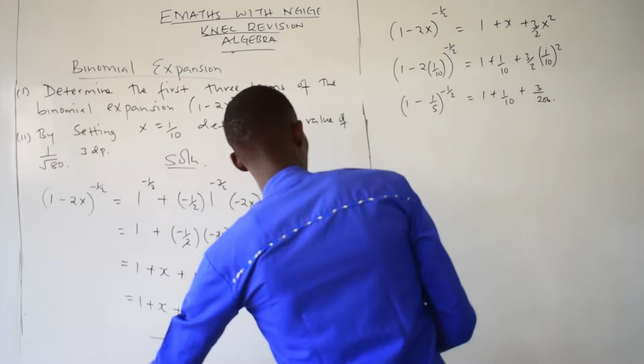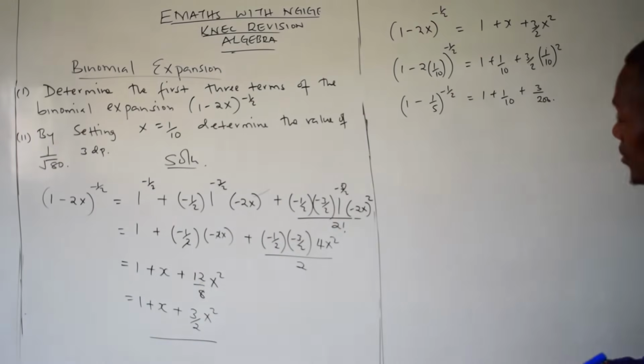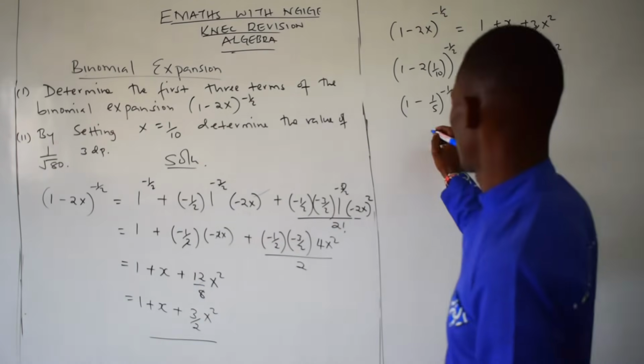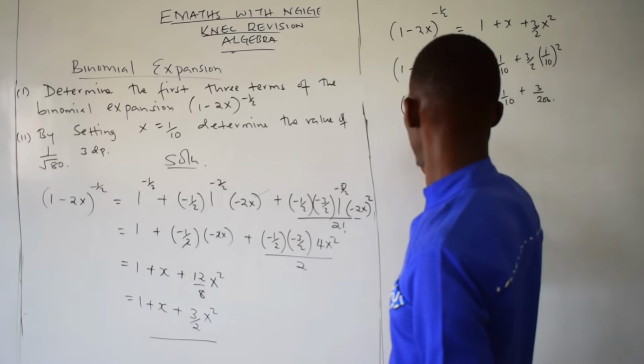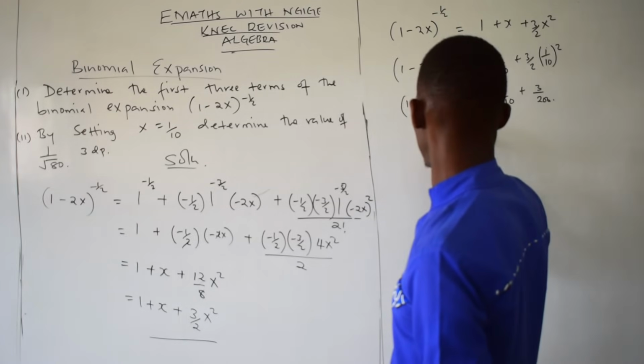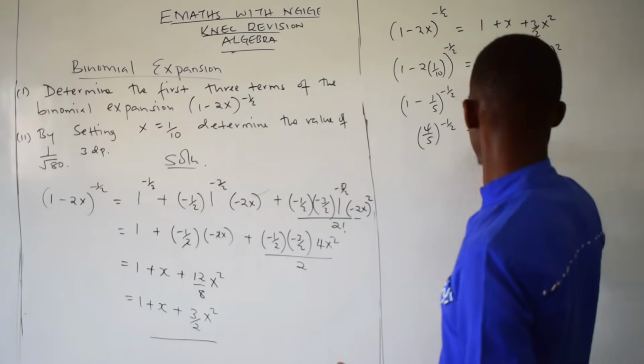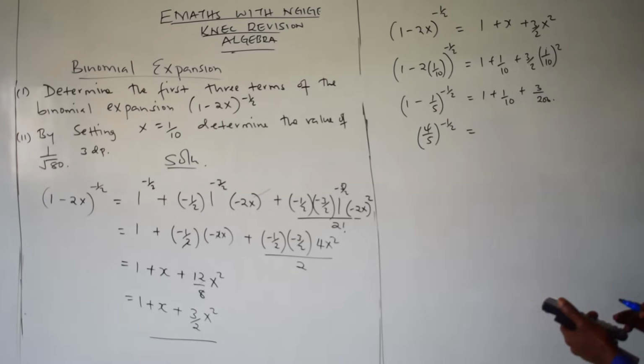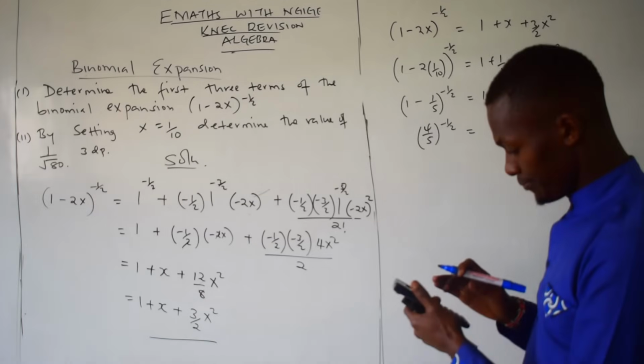Now, what is 1 minus 1 over 5? That gives you 4 over 5. Okay, it is 4 over 5 into brackets, negative a half. Now, evaluating the right hand side, you have 1 plus 1 over 10, then plus 3 over 200, which gives you